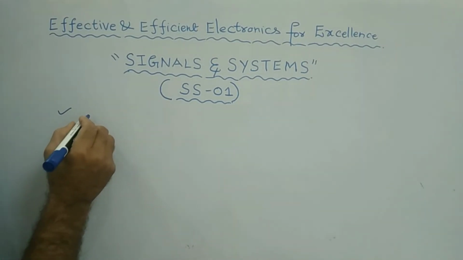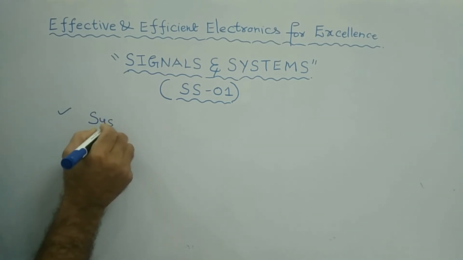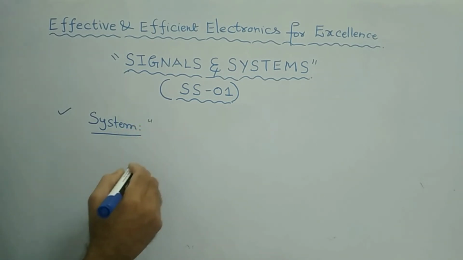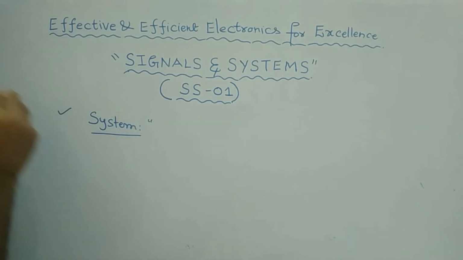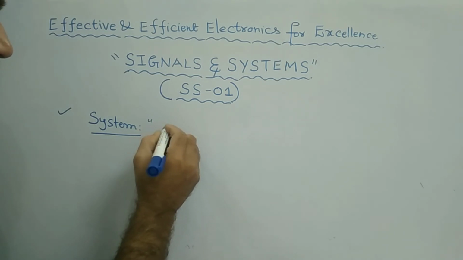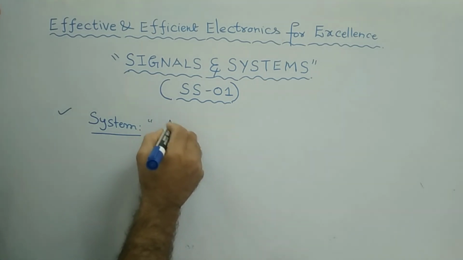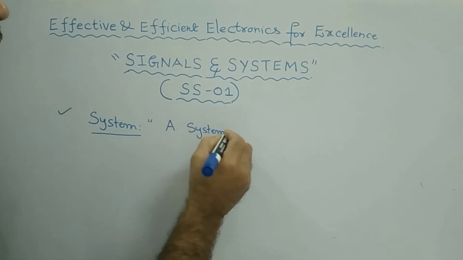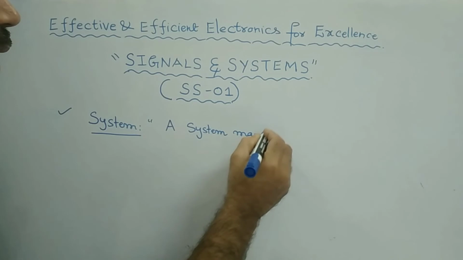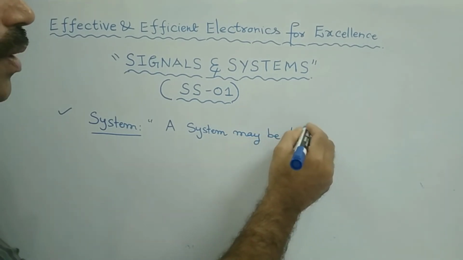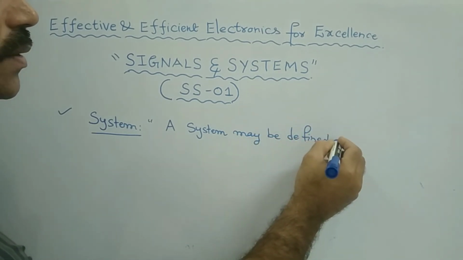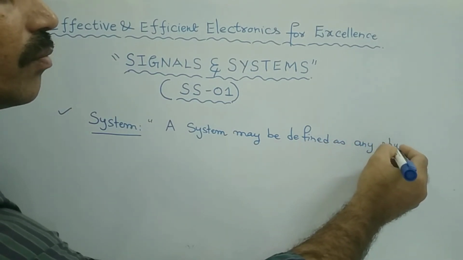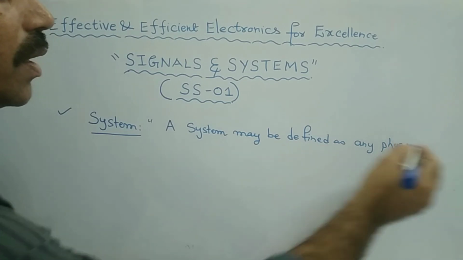Now I can define a system as: a system may be defined as any physical device